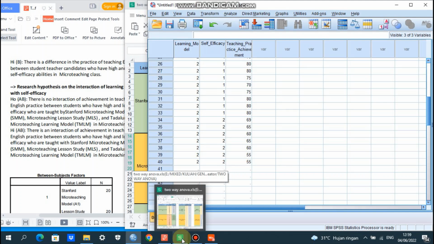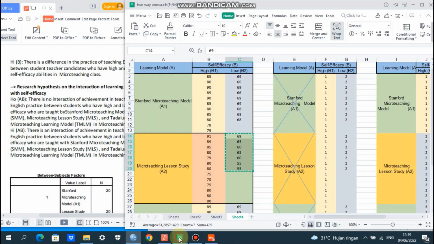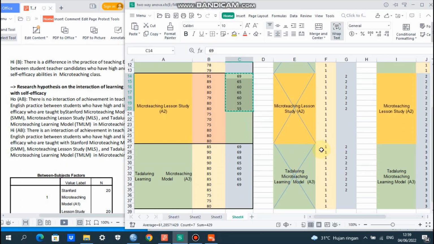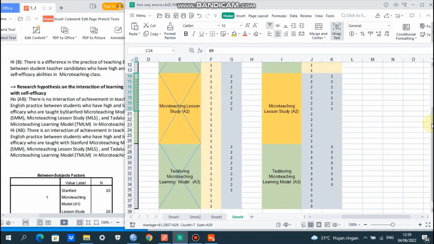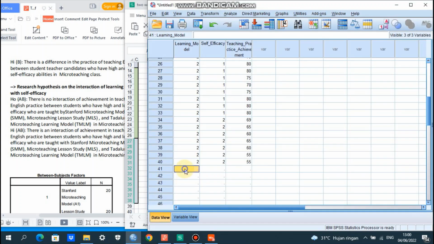The fourth, factor 1 level 3, the Tadaluring micro teaching learning model. So the code here is 3. We copy for the first 12 students who have high self-efficacy.